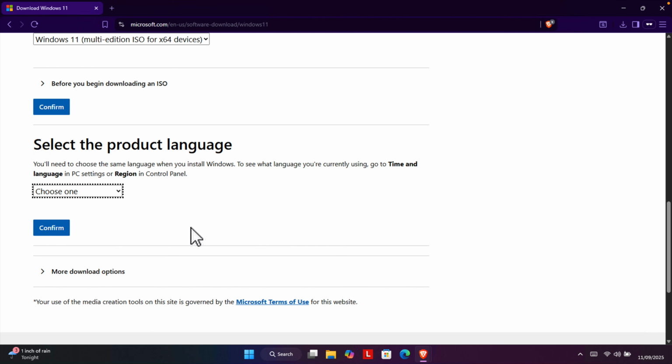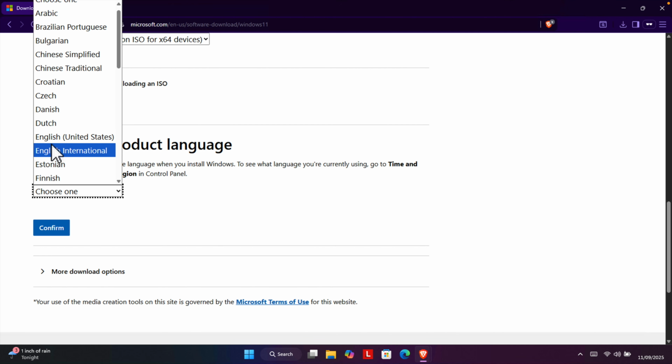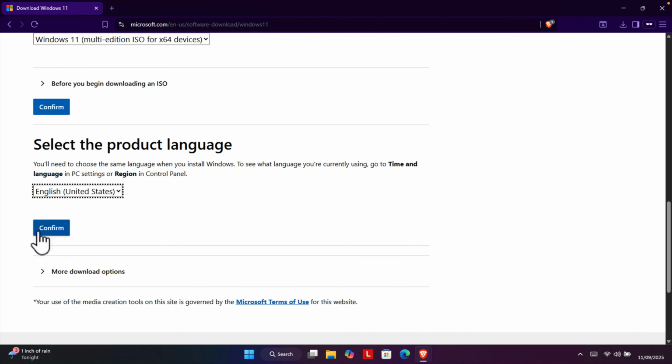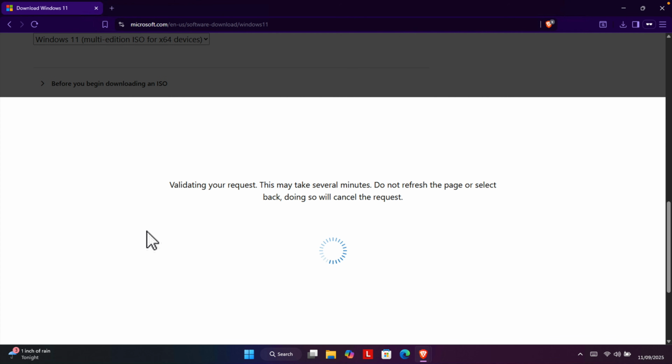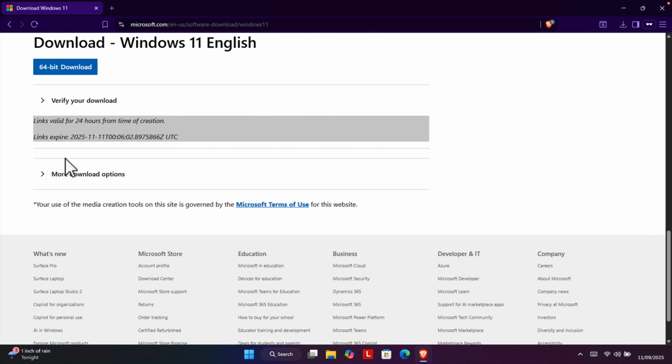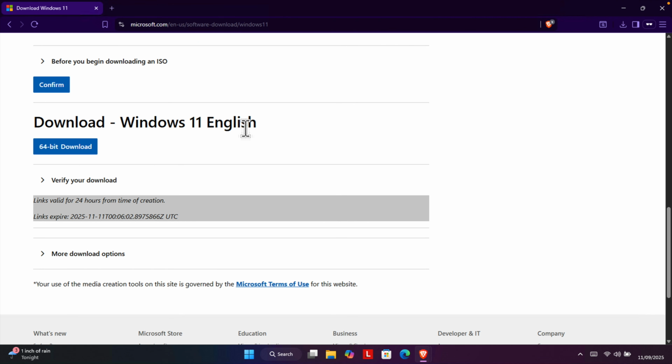Once you press the confirm button, it will bring this option. Select the language. We just need to choose a language. I'm going to choose English, but if you prefer any other language, that is fine also. Once you choose the language, it will be selected this way, and then you have to press the confirm button. I'm going to click the confirm button, and very shortly it will bring this option, download Windows 11 English